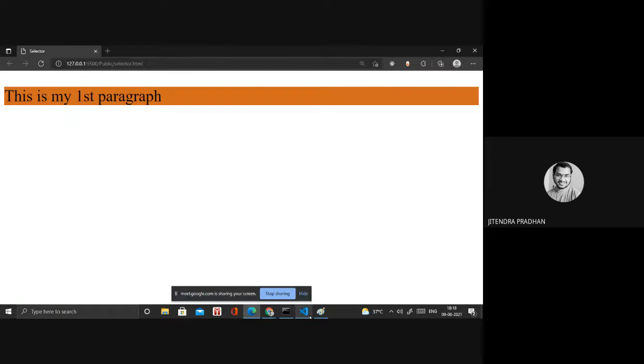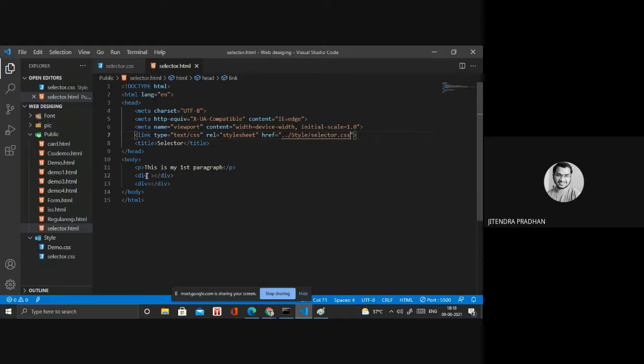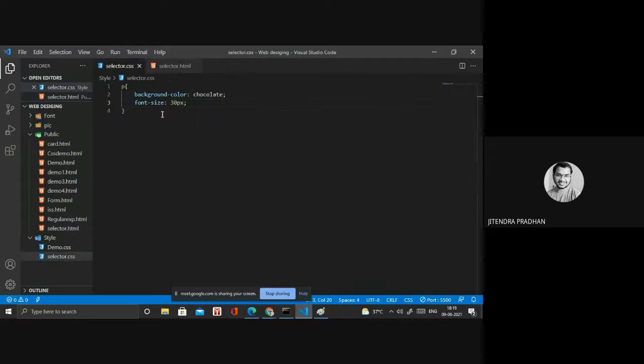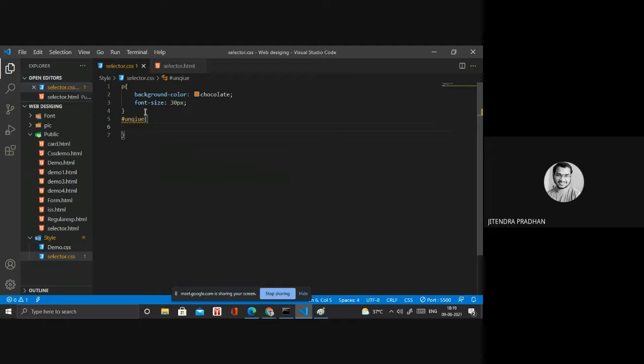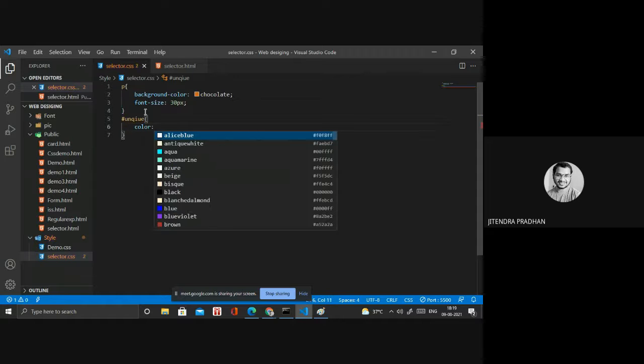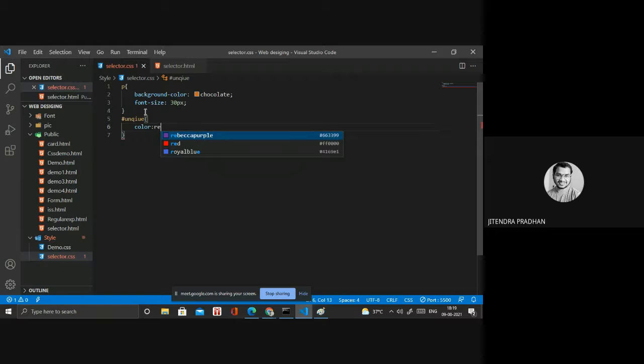Okay, next we have to discuss id. So if I use id, it's my unique one. I will take the name of that particular id as unique, and inside that I will apply some color, like font color red.